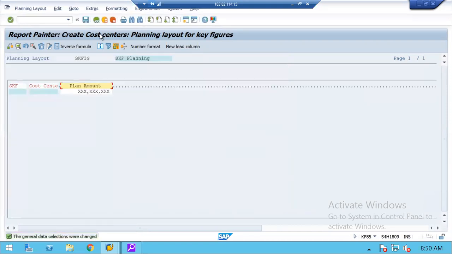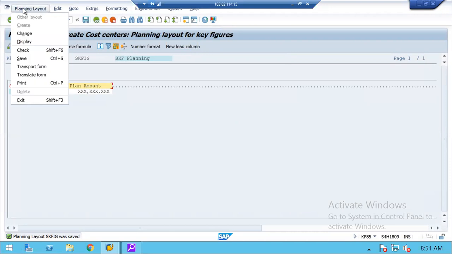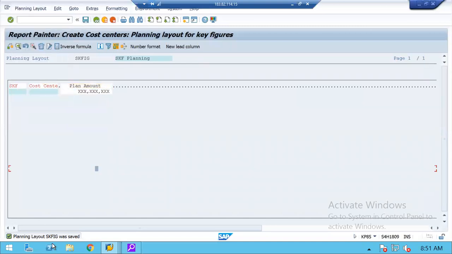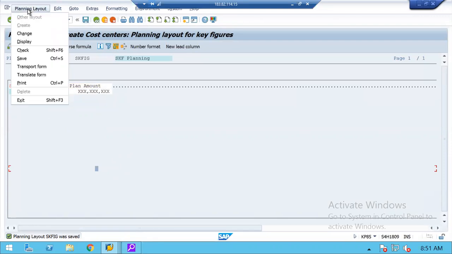Okay, the general data selection was changed. Now save it. Saved. So planning layout is saved. Go back. Now here in the planning layout, you have transport form. With this, the moment you are saving it, the transport request did not get generated. In order to do that, just go here,